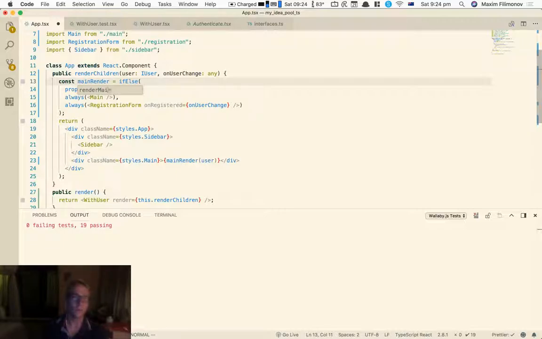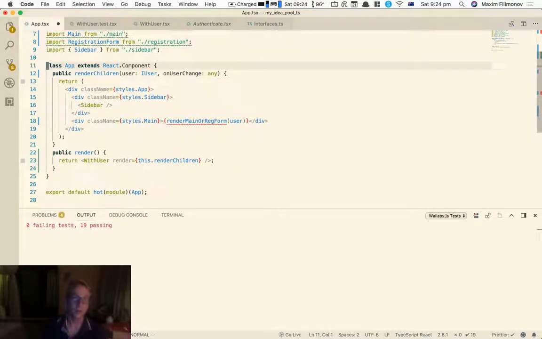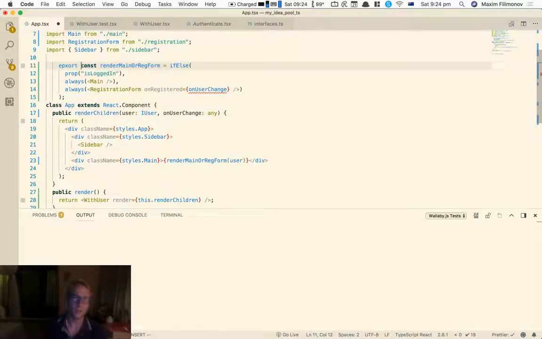render main, I guess. And I can put it in a main. I don't know, main or render main or reg form. Looks weird, but for now, I'm just gonna do this. I'm gonna export this guy from my